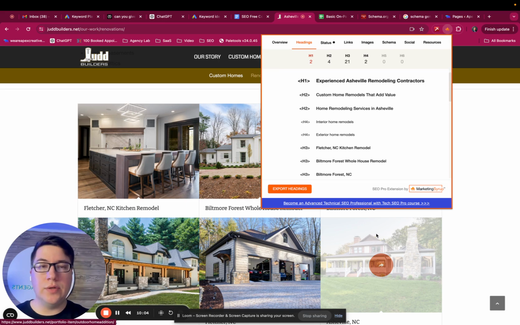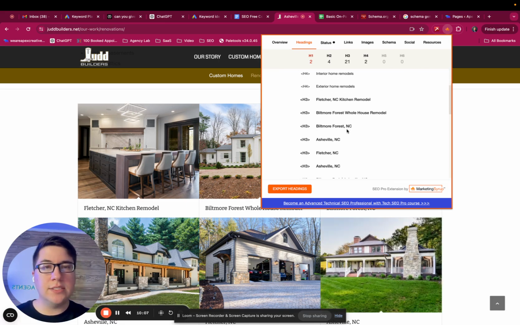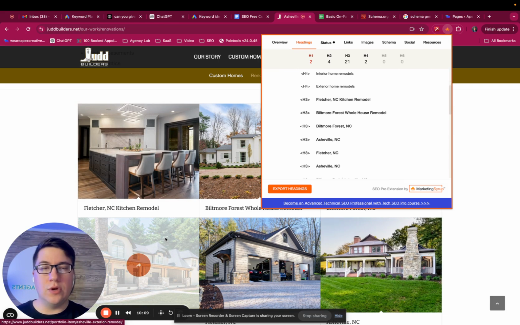So what this is actually doing, we can see here that they have H3 tags for each one of these pictures of these homes. This is actually showing Google, hey, we're located near these areas. It's not Asheville. We're not saying that it's as important as Asheville. We're ranking this as an H3 header, so it's less important than an H1, which we have with Asheville. But we are showing Google, hey, we do work with different homes in different areas, including these areas surrounding Asheville. So they are showing that in the H3s.